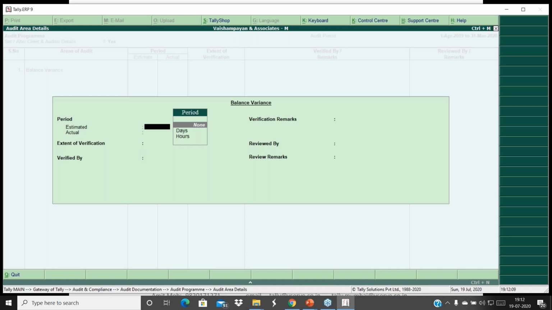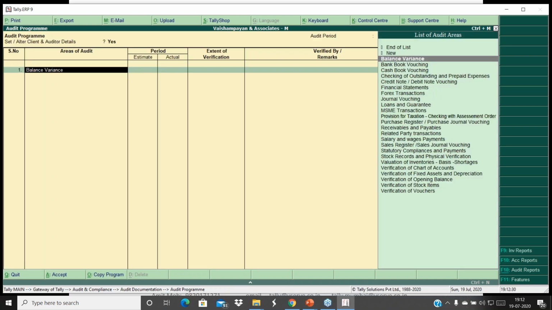Now, this audit program is one of the features that was originally designed for the auditors edition that was carried out by Tally for auditors per se. Unfortunately, very few chartered accountants are even aware of it. It has a fantastic feature of recording the audit program, which also can be traced back next year to find out how the audit has been carried out. Once this audit program is used properly,